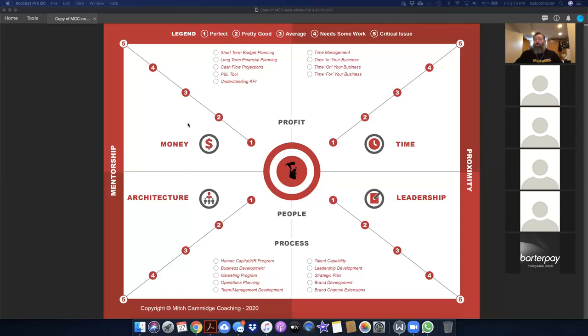So this money quadrant for the business itself is comprised of these 5 parts. Each of these can become more complex, more divided, subdivided, or more labor intensive depending on the size and scope of the business. But when you distill a business or break it down to its most common core components, inside of the money component, large or small businesses, we always have to have a budget of some kind. We have to have long-term financials. We have to be able to test and measure what's going on with the physical money that's happening inside of our business. We have to have the accounting and bookkeeping side of our business working. And then, of course, we have to have a dashboard to show us the financial health.